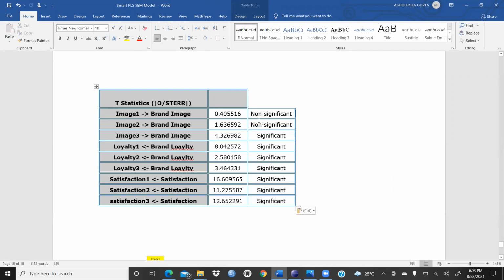except both of these. Why is it happening? Because earlier it was a reflective model, and I just explained to you the formative model. I had converted this reflective model into a formative model. But because these statements are not like formative, it might be possible that all these statements are similar to each other. That is why these are non-significant. So we will drop these statements, or we can replace them. Those are reflecting brand image, but the multicollinearity should be very low.